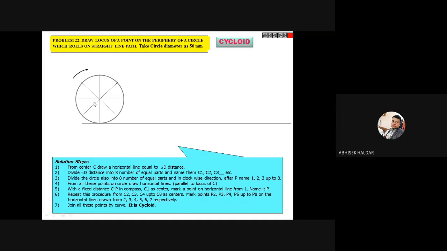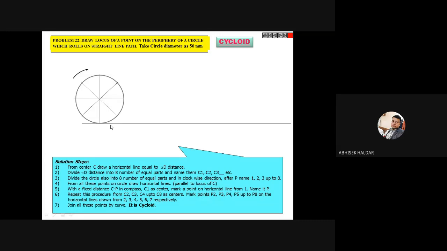I think you can do this on your own, but still I am telling you: first divide the circle into 4 equal parts by taking this horizontal line and this vertical line. Then in each part you draw a 45-degree angle. This is my 90-degree angle, so if you bisect it, you will get a 45-degree angle, and extend that line into the other part. The same thing you do here also: divide this part into 2 equal parts and extend to the other part. So you can divide this circle into 8 equal parts. Now you have to name them.